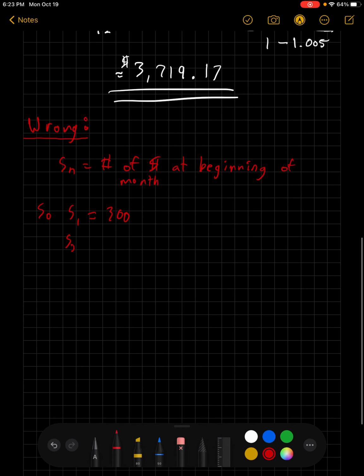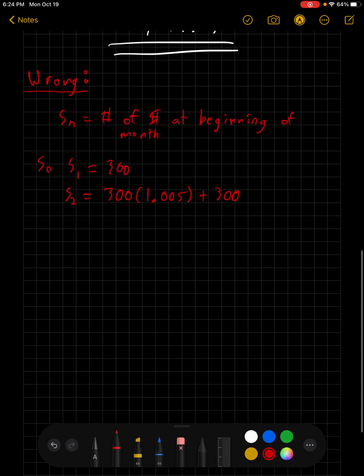And S2 is equal to, so at the beginning of the first month I have 300. At the beginning of the second month, I have the 300 from the month before times the interest rate, it was compounded, plus the amount of money I've just deposited. And I do this